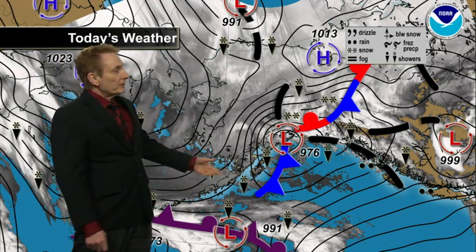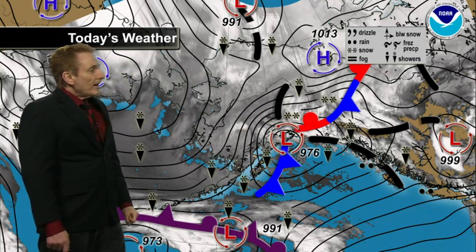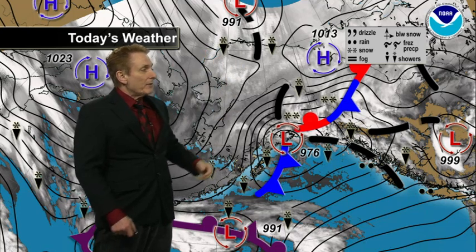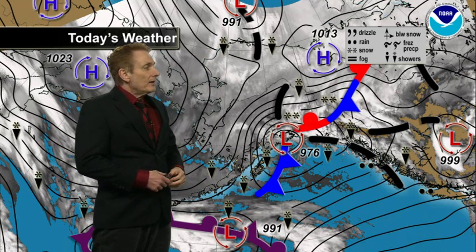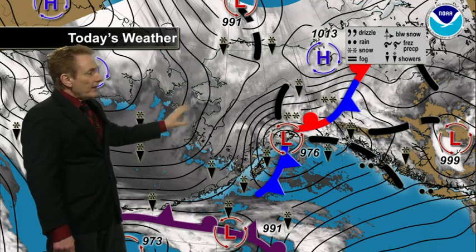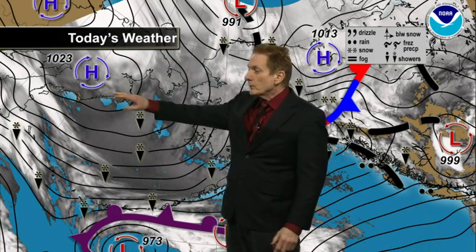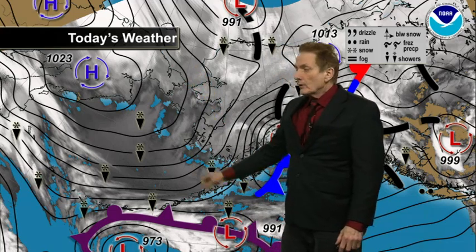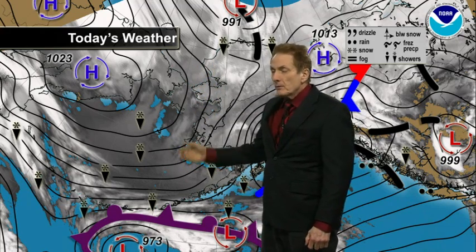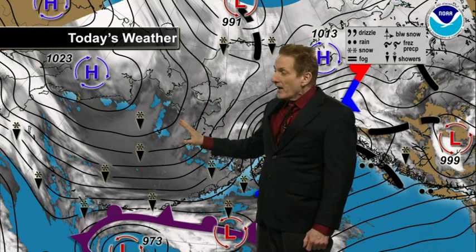Otherwise, drying out, colder back to the west here with some gusty wind conditions, temperatures below zero across just about all the western interior, north of the Alaska Range on up to the north, and then low pressure over the Arctic, and that westerly flow bringing bands of showers, clouds, light snow showers, and maybe some patchy fog. But you can see not that strong of a gradient here. The high pressure over the Russian Far East back through here, circulating that cold air through the Bering Strait into the Chukchi Sea and then southward,